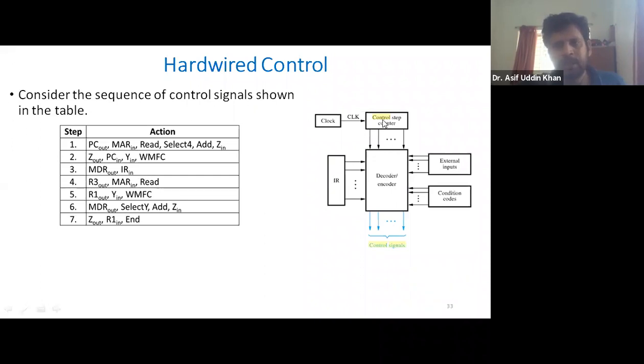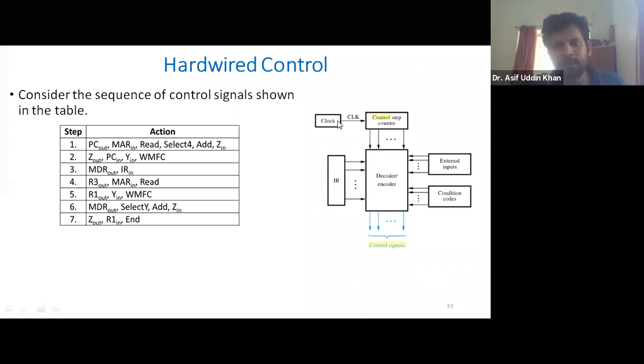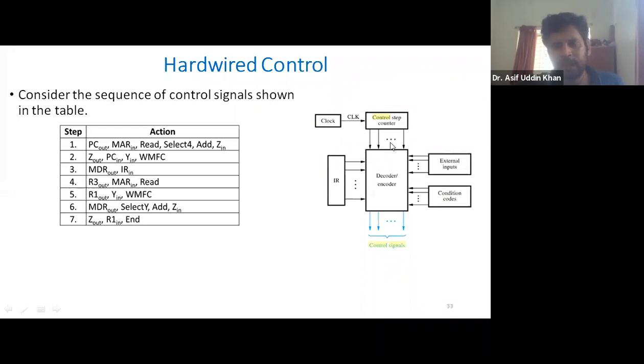It takes the control step counter from this clock generator, which generates the clock cycle. Based on that, it takes which instruction will be executed at what time. After taking all these inputs, it generates these control signals.